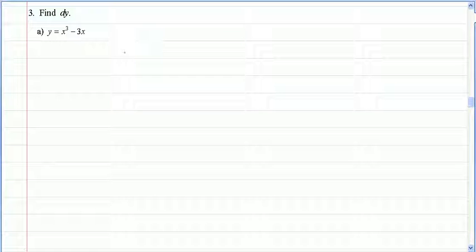For number 3, find dy. For number 3, we are also asked to find dy. But on each of the parts in number 3, we are just given a function. So when you're asked to find dy and you're just given a function, you want to use the notation of finding a derivative, dy dx. So that when you take the derivative dy dx, it's equal to 3x squared minus 3. But because we're asked to find dy, we take dy